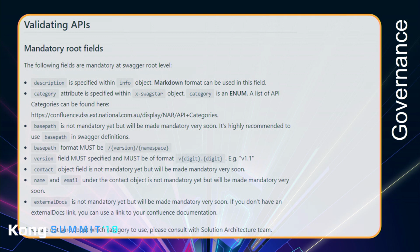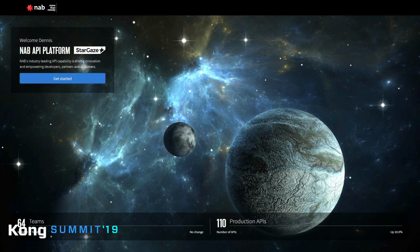So at this point, our publishers have authored their Swagger, they've published, it's gone to the gateway and to the dev portal. So this is our dev portal, Stargaze. It's been done in React, and we've got a Node.js backend for it. It's a landing page. So at the bottom, we just sort of track how many teams have been onboarded, number of production APIs that have been pushed out. If I drill in,